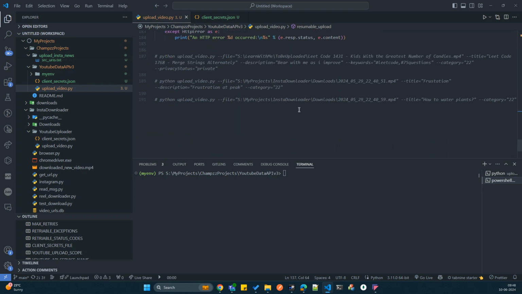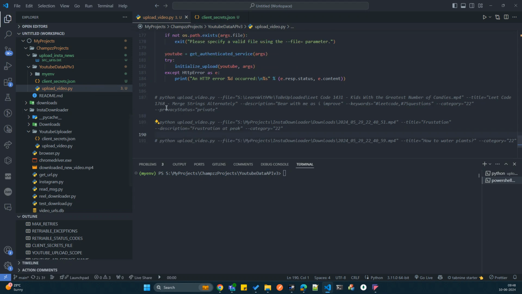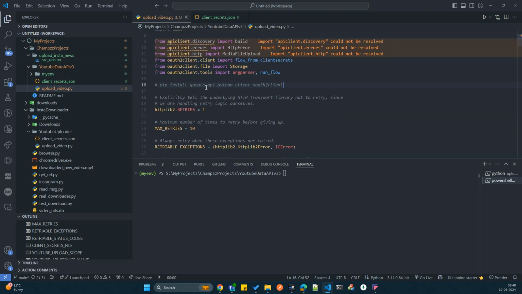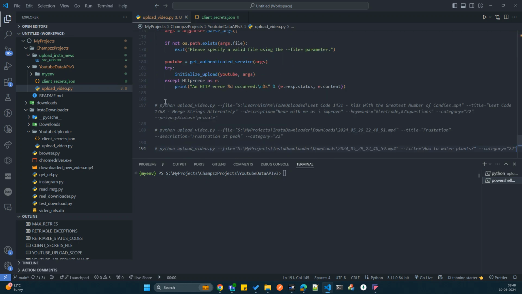Now, we are done here. We have configured a client secret JSON, and now we'll start the action, we'll upload the video now. One more thing: the required modules are these two. We will have to install Google API Python client and Auth 2 client. And now let's start the action. So copy,